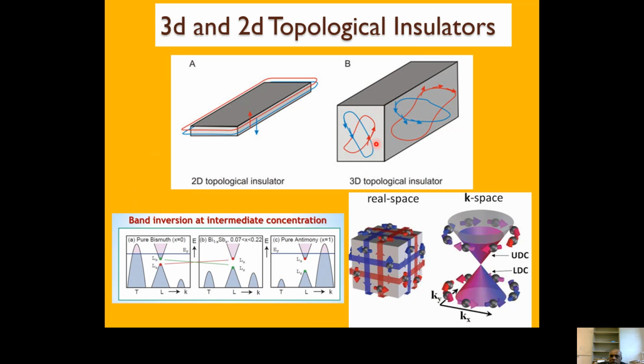You have spin up and spin down. So these are surface conduction, but they are moving in opposite directions because you have spin up, spin down motion. But this conduction is mostly due to the surface states. But in two-dimensional, like in the graphene kind of situation, we know we don't have